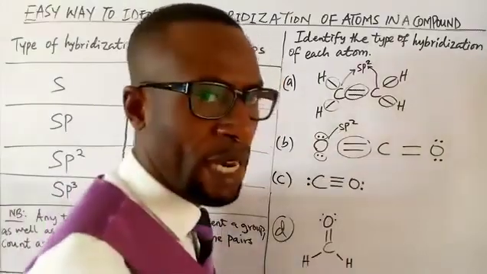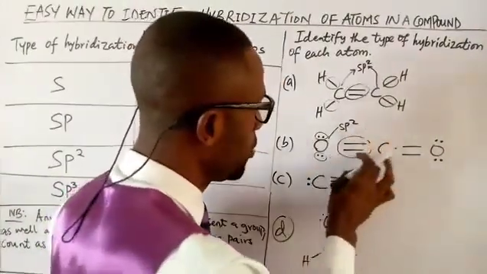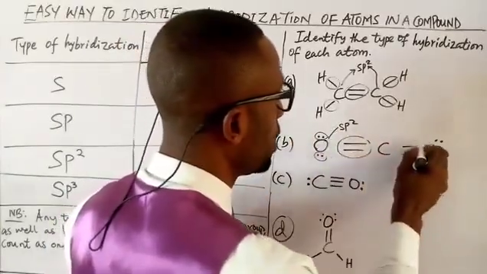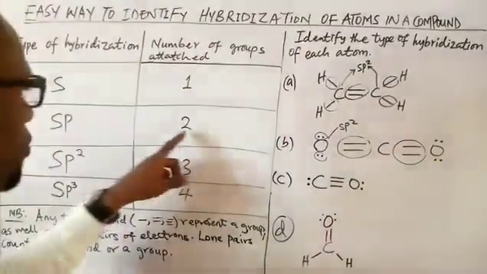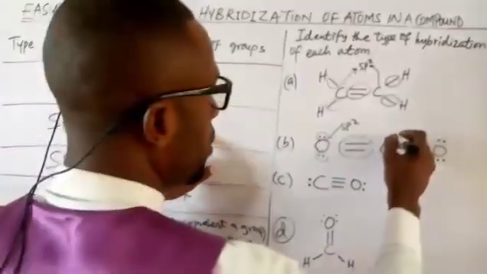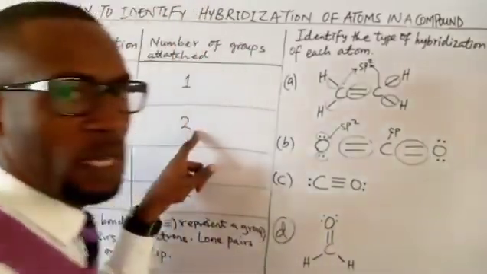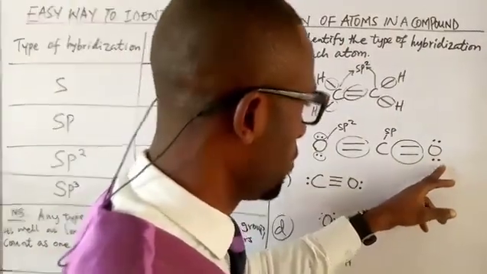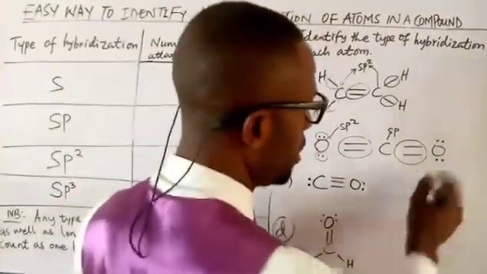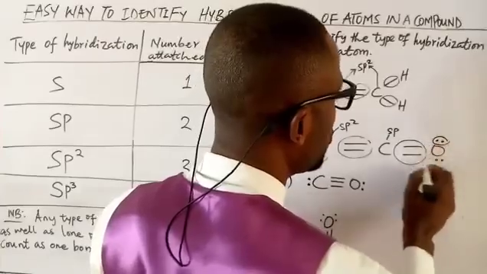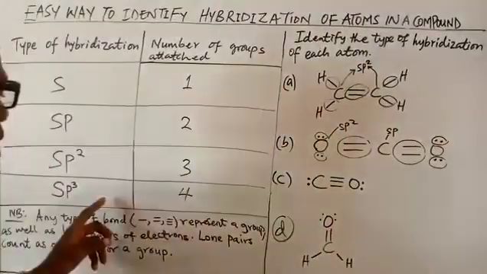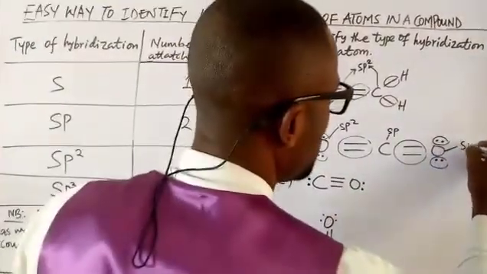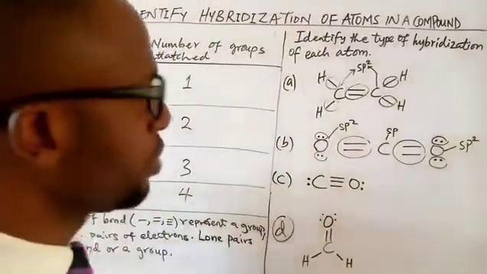So we want to find the hybridization of carbon here. You treat this double bond as a group, okay? So this is the first group attached to carbon. This is the second group attached to carbon. So if you have 2 groups attached to that atom, you say that atom is sp hybridized. Beautiful. Again, we're trying to find the hybridization of oxygen in this molecule. You count this 1, you count this 2, and you count this 3. So if you have again 3 groups attached, we are talking of sp2. So here oxygen is sp2 hybridized.